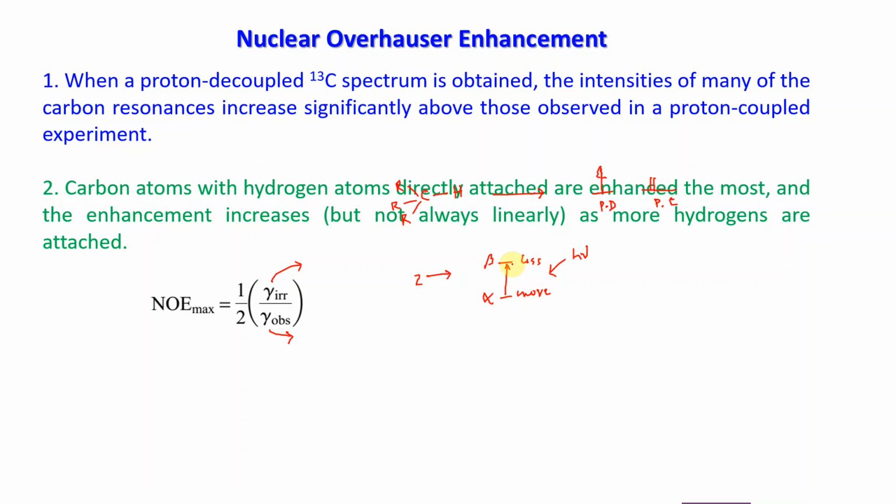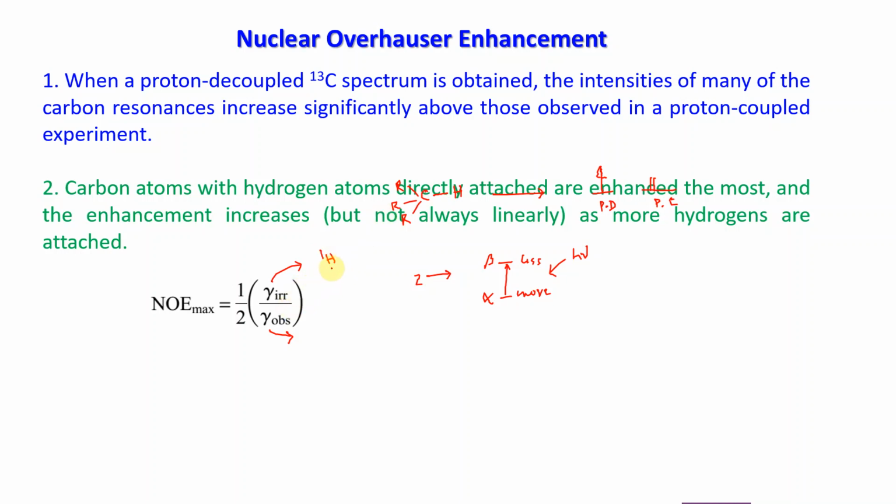Saturation means you have an equal distribution between the higher energy level and the lower energy level. When the numbers are equal, it will be NMR inactive, right? Then it will be NMR inactive. So here the gyromagnetic ratio, or magnetogyric ratio, this one applies to the 1H, okay. If we talk about the carbon-13 NMR in the presence of 1H.